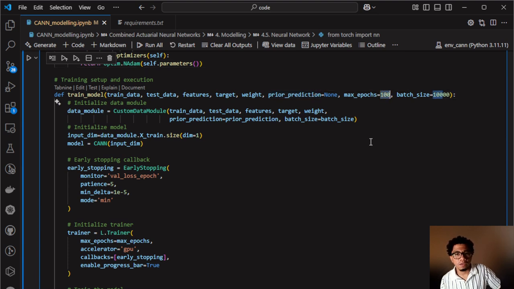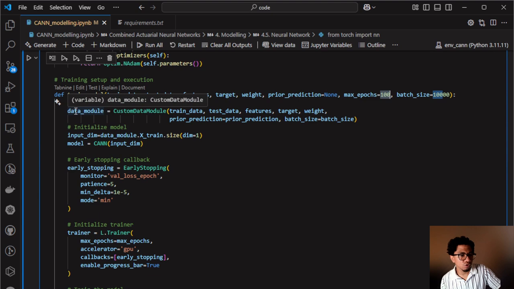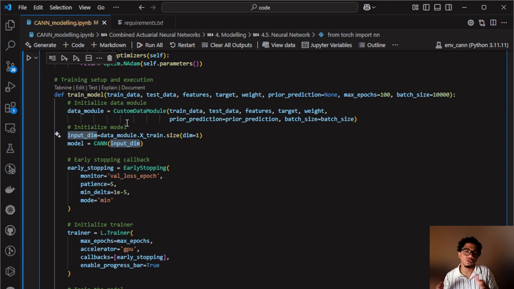Also specifying the max number of epochs, as well as the batch size. So we initialize our data module, then we extract our input dimension from the data module. This is after pre-processing the new columns. Then it will take the number of all the columns, and that would be the input dimension, and thereafter we can initialize our